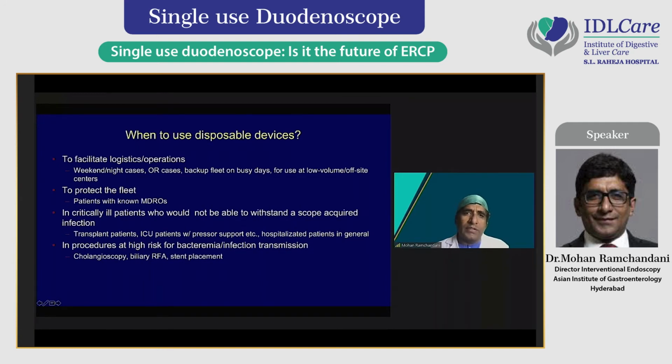You can use this in cases where you are called for ERCP in, say, ICU or an outside setup, where you may not bring your own ERCP scopes. There can also be, to protect the fleet, patients with known multi-drug resistant organisms,